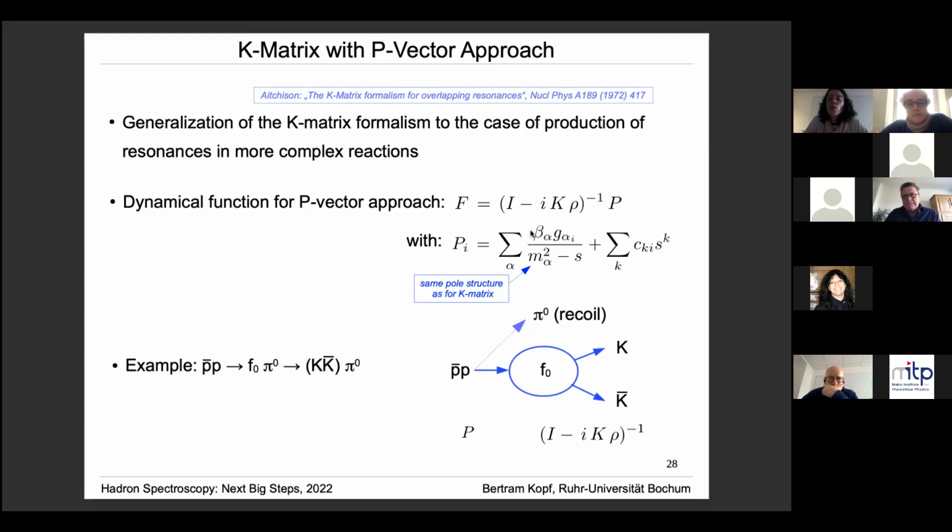And this will include all the KK bar, meaning charged and neutral contributions, right? In principle, yes, all channels, and yeah. They are mixed up, so we can. Yeah, thank you.